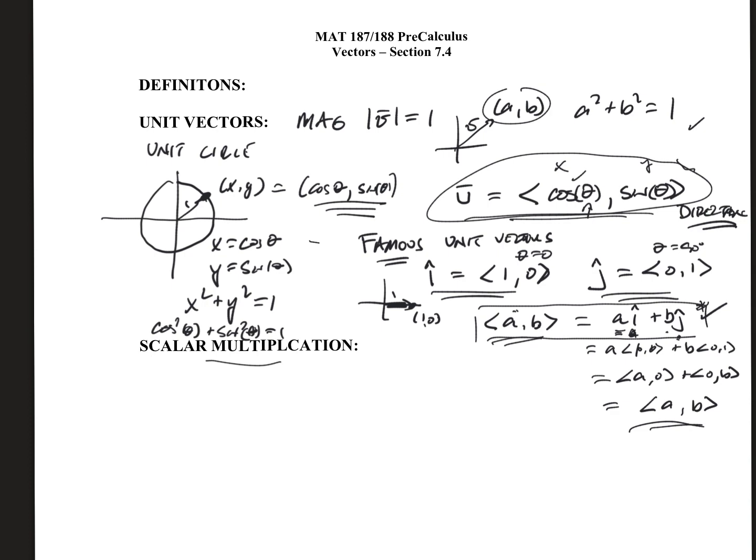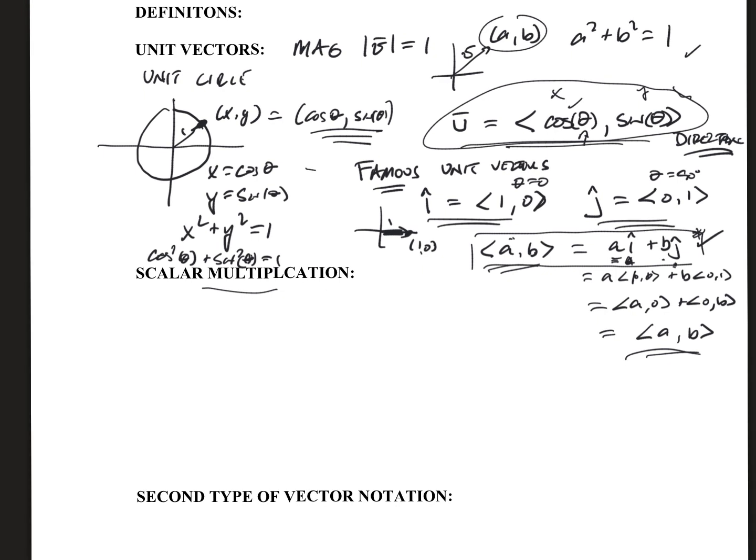All right, well, with scalar multiplication, what we're doing, I kind of alluded to it in the little example that I have there. It's when I take a vector, let me give you an example. So maybe I take 2 times the vector v. So this 2 is called a scalar, and we're multiplying it to the vector v. And so all that basically does picture-wise, if I have my vector v